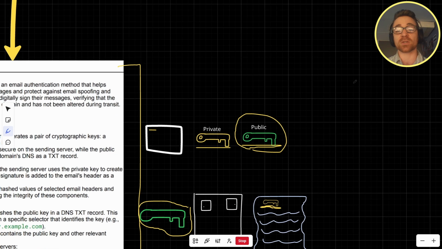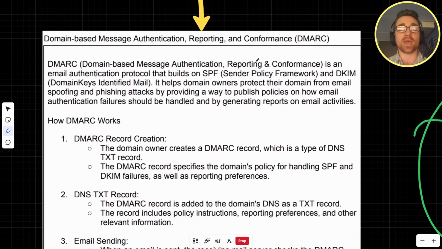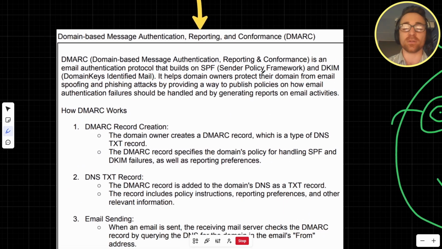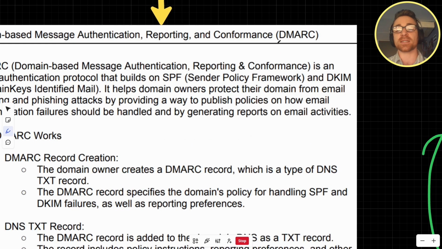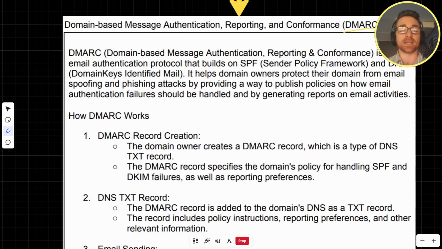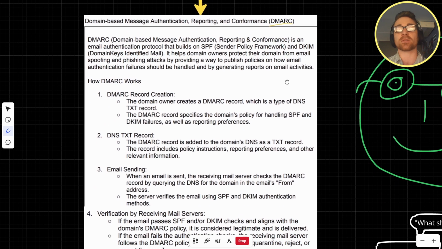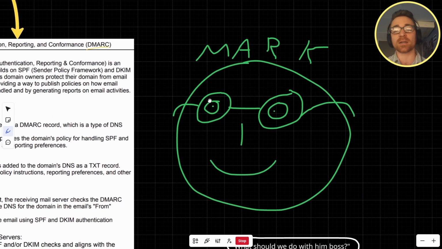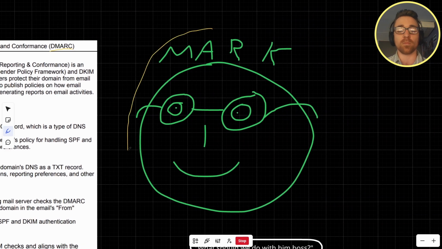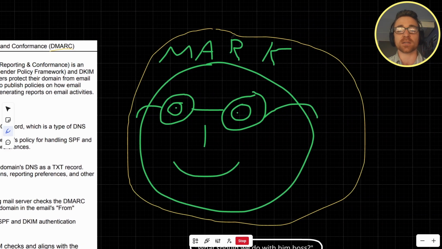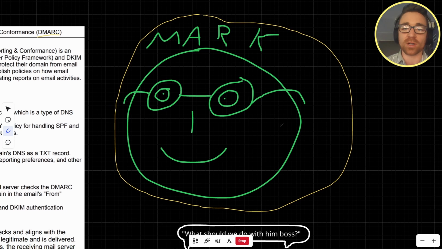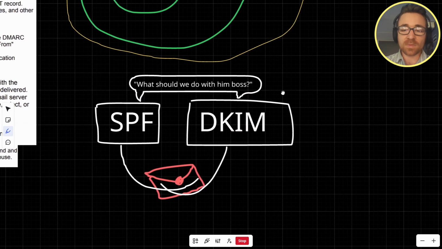I'm going to move on to the next one, which is Domain-based Message Authentication, Reporting and Conformance. It's a lot, but it's basically DMARC. How that works is, in my mind, I think of this guy called Mark. He's kind of nerdy, he's got glasses on, he doesn't really do the grunt work. But what he does is he's got his 2 bouncers, his 2 muscle guys, right? They come in and they're like,